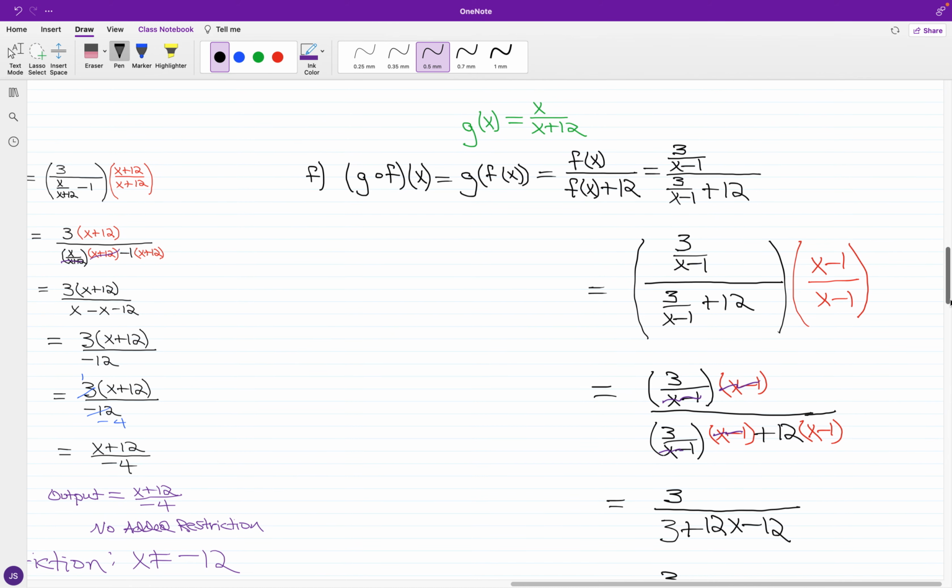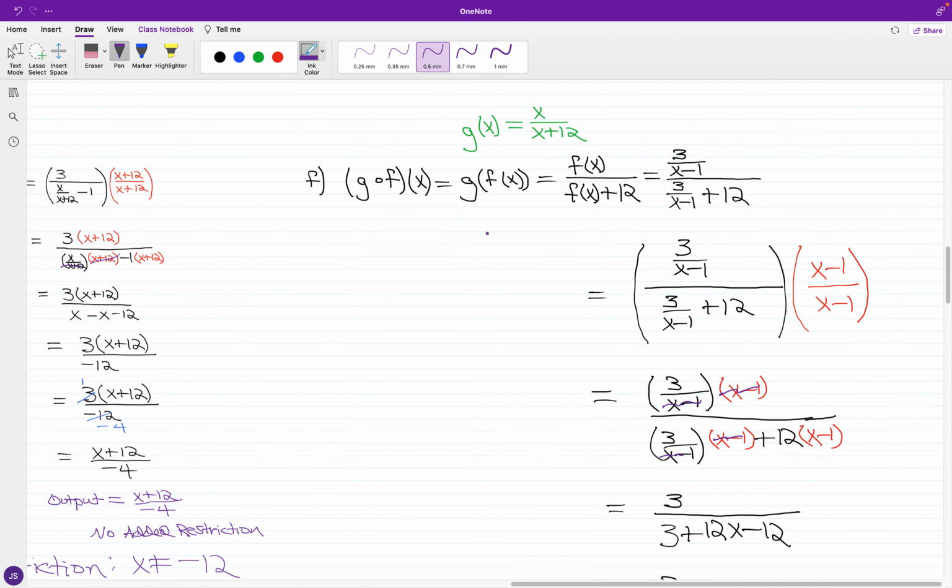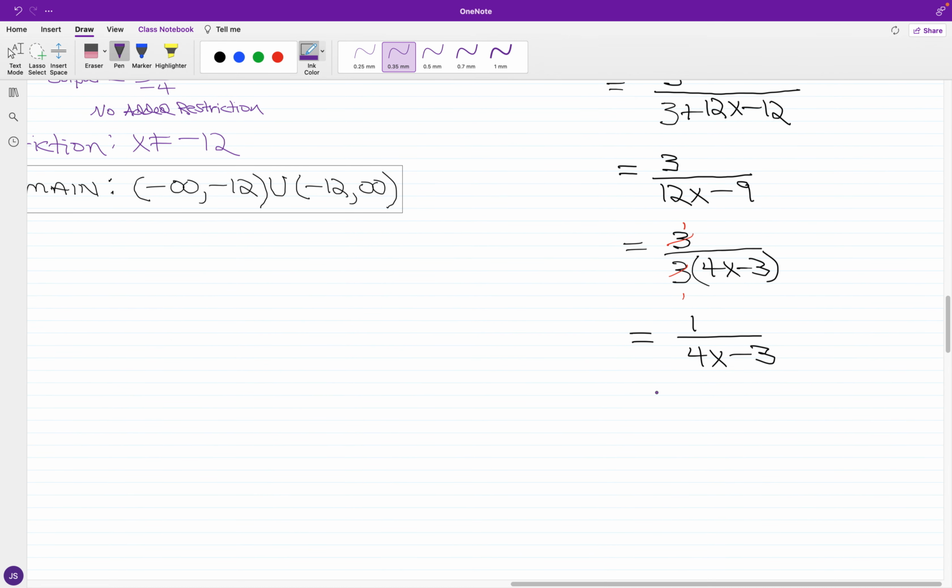Okay, so in this case, we're looking for the restrictions. With the input, you have f of x is equal to 3 over x minus 1. And once again, we have a further restriction: x minus 1 cannot be 0. So we have that x cannot be 1. Now for the output,